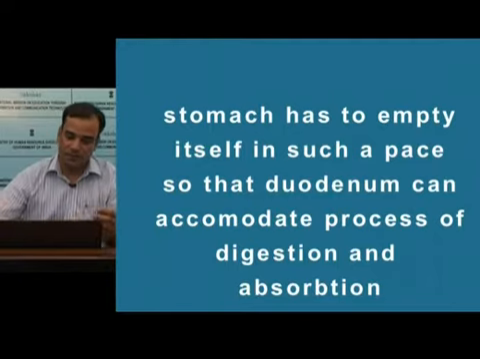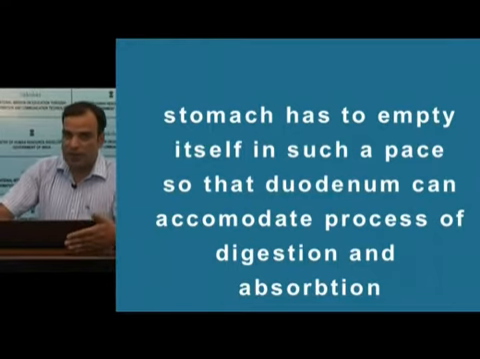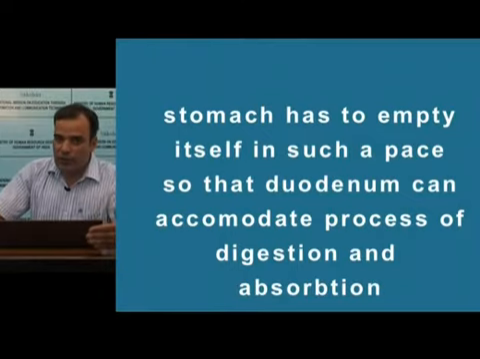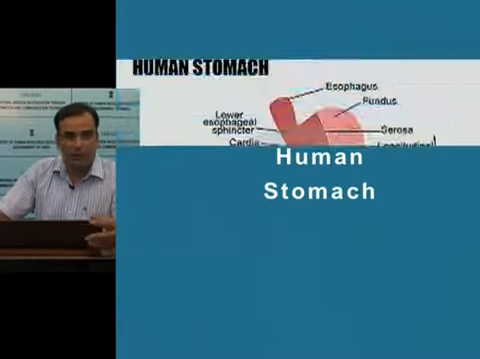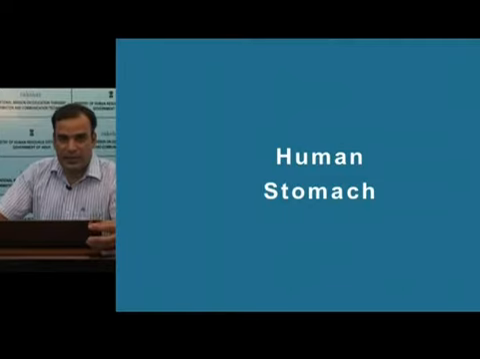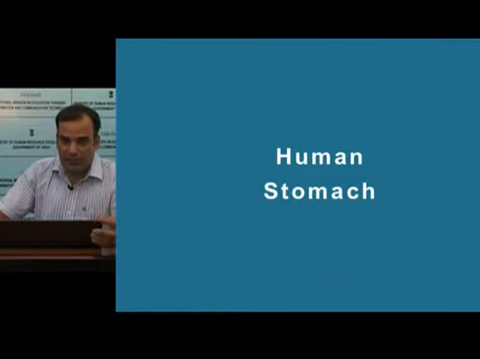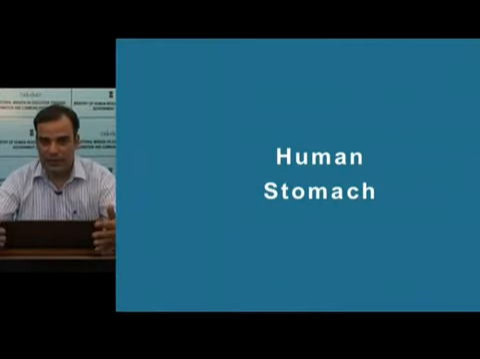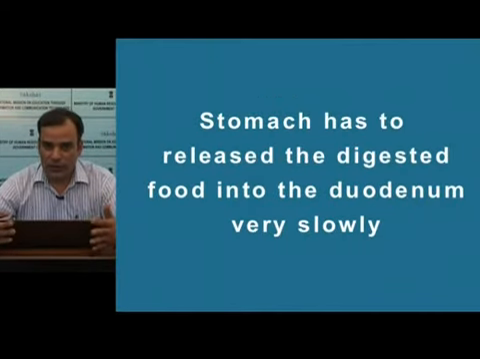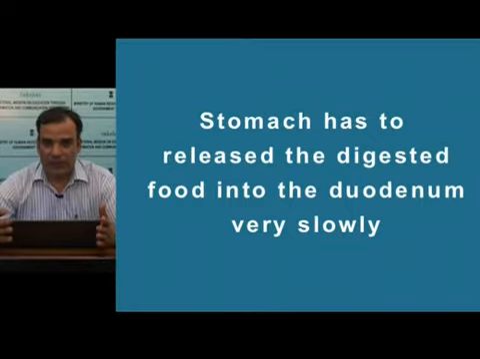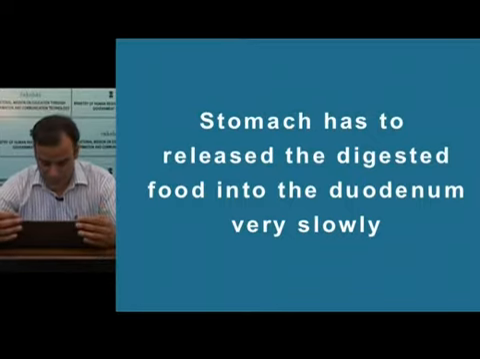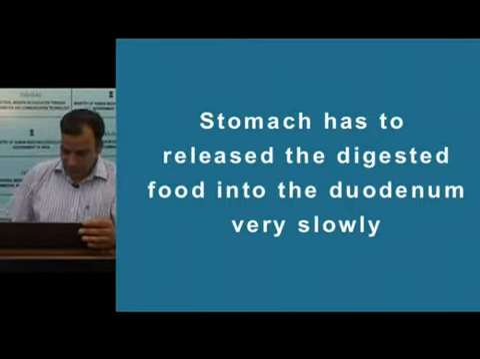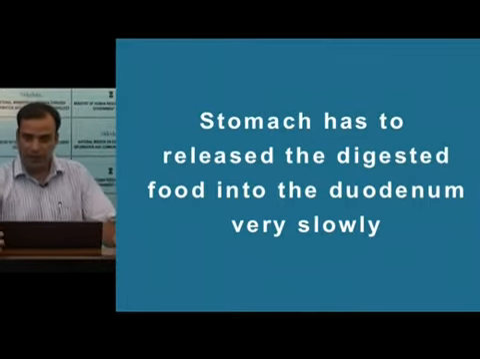and absorption. For example, if the food passes very quickly from the stomach into the duodenum, the duodenum cannot further digest it, because the time the duodenum gets is very less, and the food will not get enough time to be digested. So the stomach has to release the digested food very slowly into the duodenum to accommodate proper digestion and proper absorption. Then in the small intestines, again there will be peristalsis